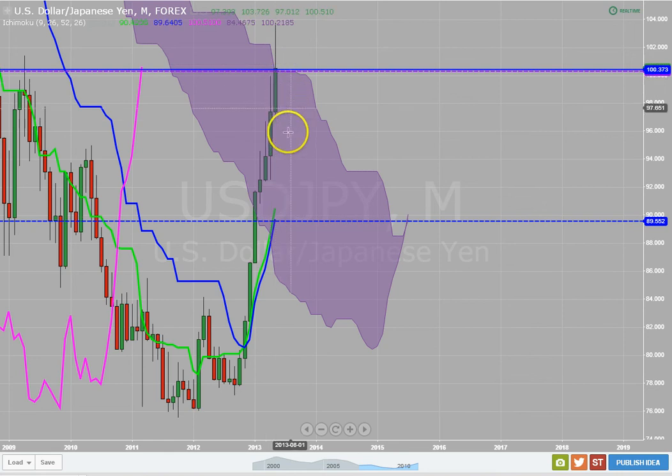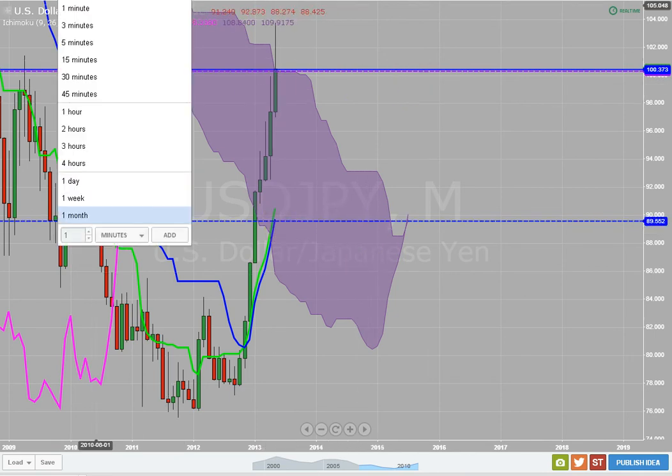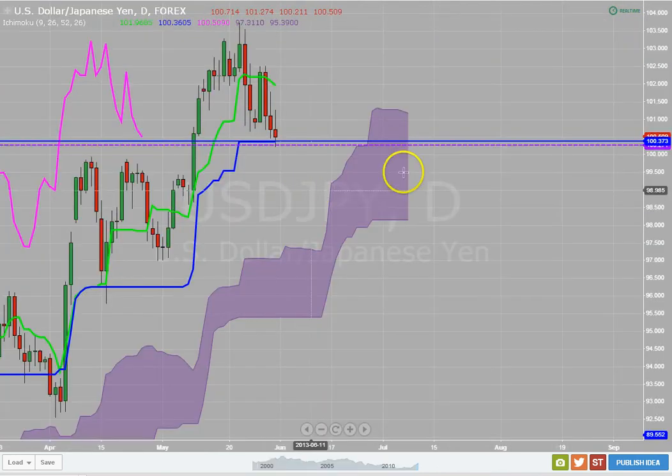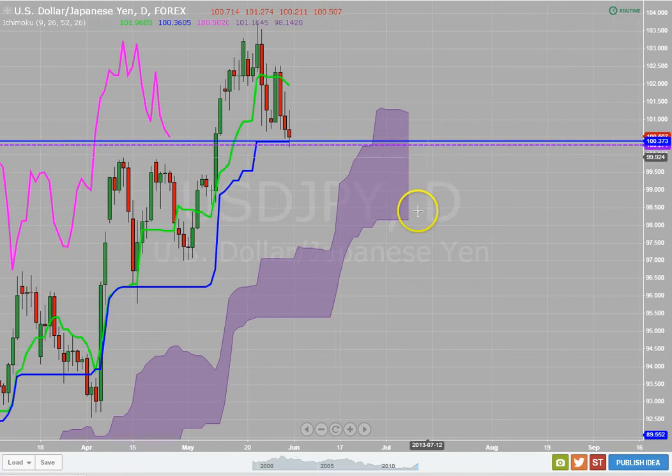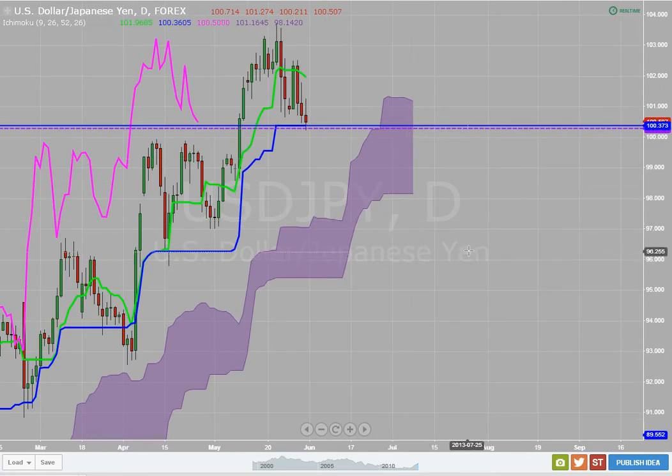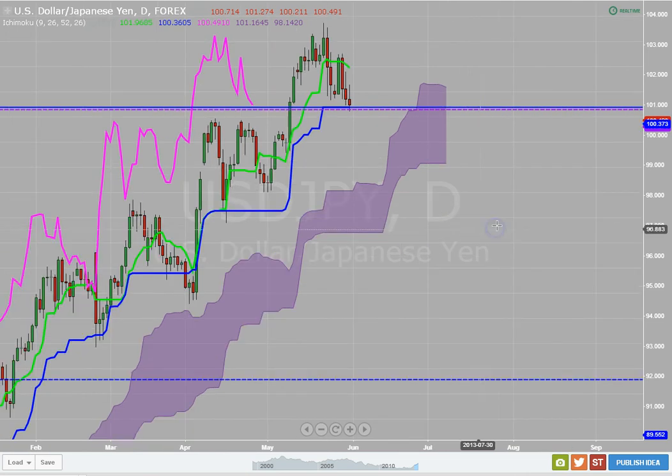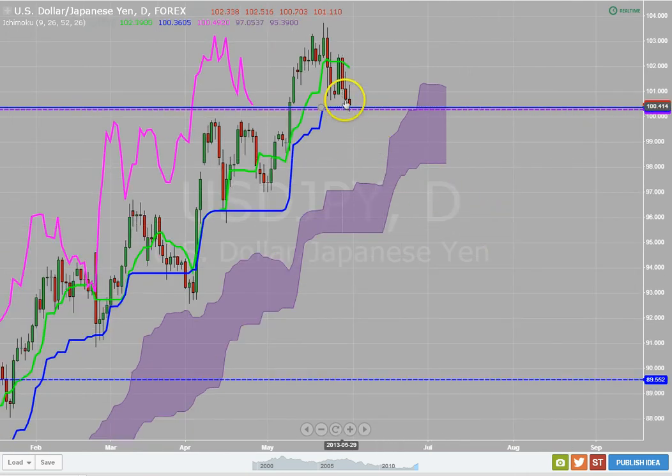Now, I'm not saying that we're always going to go that far. We could probably end up going this far and then going. But either way, we're not trading the monthly time frame. We're just getting our levels that are going to be of importance for support and resistance. Let's go to the daily time frame. Remember what I told you earlier, trends start from the bottom up. So a correction is going to start from the bottom up, and that's how you look for your counter trend move. So if we want this, we're looking to go short. This daily time frame is telling me everything is bullish, so I should be looking for long trades.